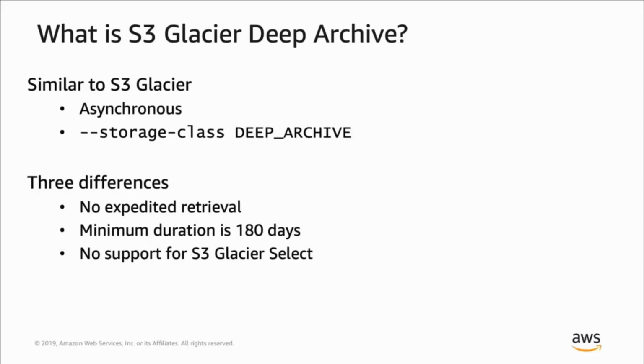The other 3 differences are, first, as compared to Glacier, there is no concept of expedited retrieval. As many of you know, Glacier has 3 retrieval options: expedited, standard, and bulk. And the faster the objects are returned to you, the higher the price of that retrieval is. Because there's nothing expedited about Deep Archive, these are meant to be objects that you do not ever expect to need quickly, and in fact may touch very infrequently, if at all. We've eliminated the concept of an expedited retrieval, and just provided the same standard and bulk options as Glacier with a slightly different time